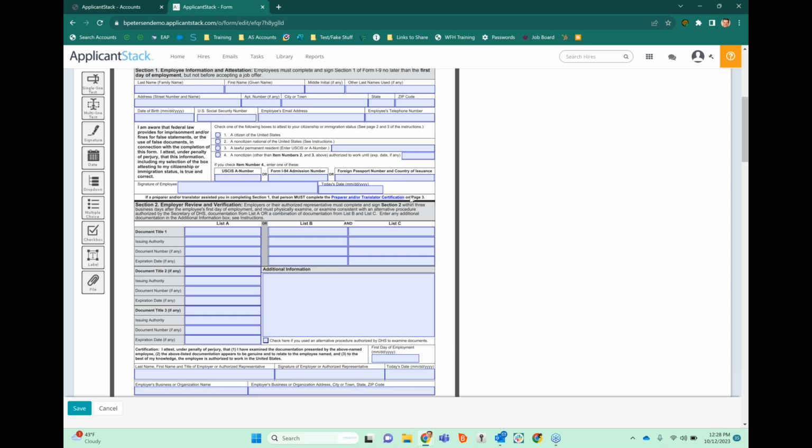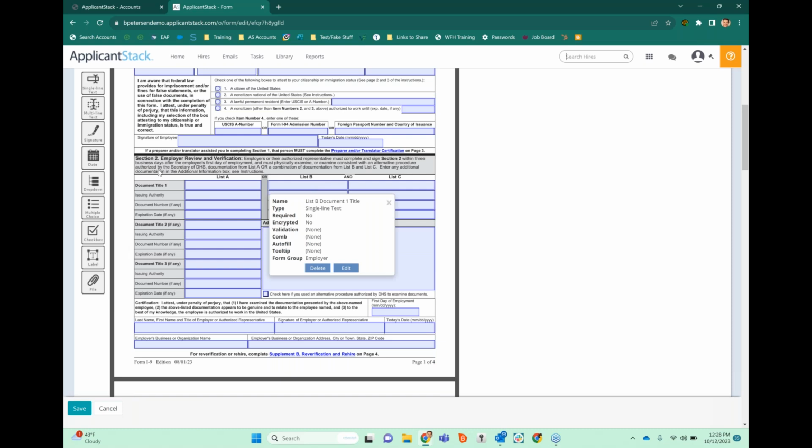And then when we get to section 2, this is where the employer is expected to identify the documents, see the original documents, and then enter the information of those documents. So this section here, these are all employer fields. And so you can see in the settings of each field, there's the form group, and this one is an employer